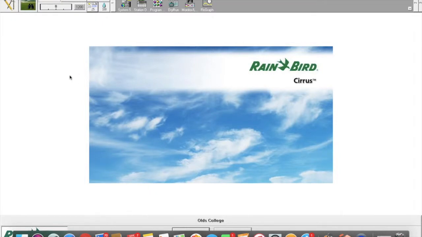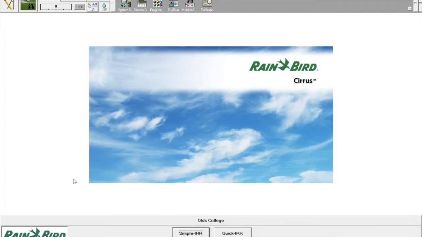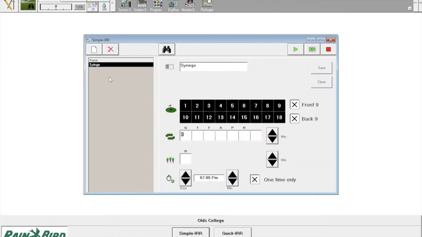All right, so for one of our other projects or questions to complete is how to create a program that gets run once and then disappears. In this case, we're going to go down to this simple IRR button, and we will create a program by clicking here, and then you can name it, select the areas that you want to syringe, and in this case we want to syringe the entire course for 3 minutes. So we can enter in all this information,